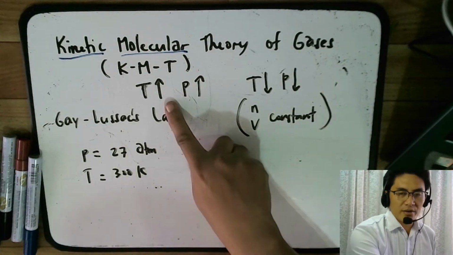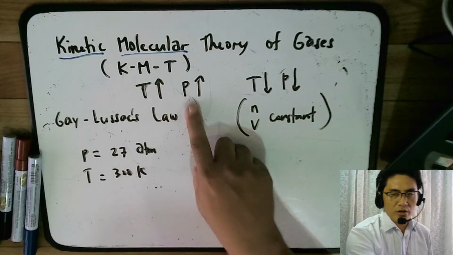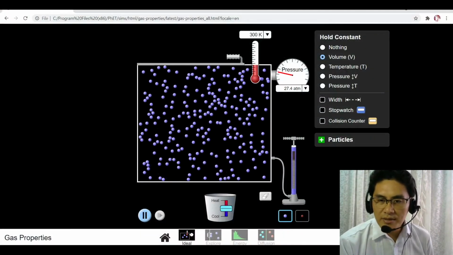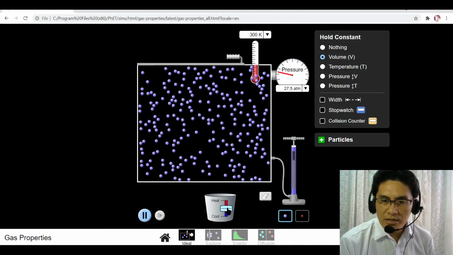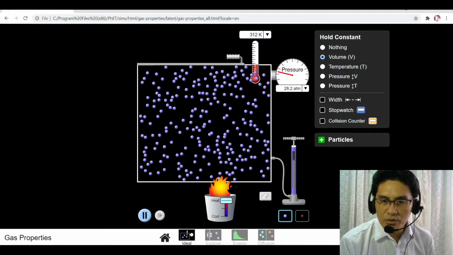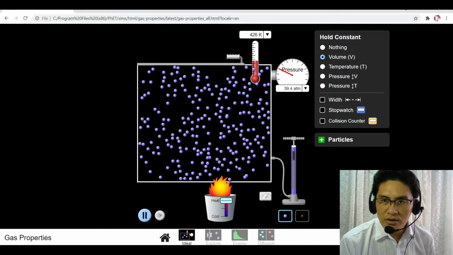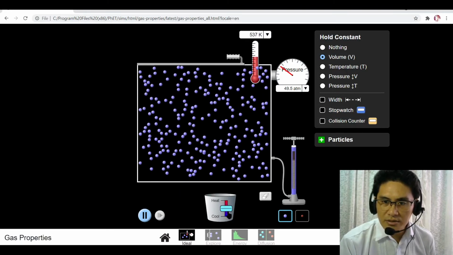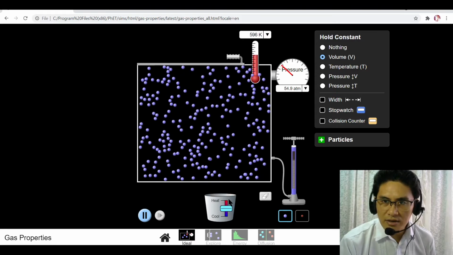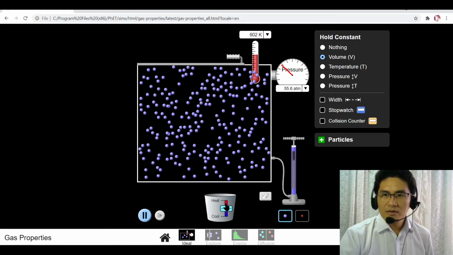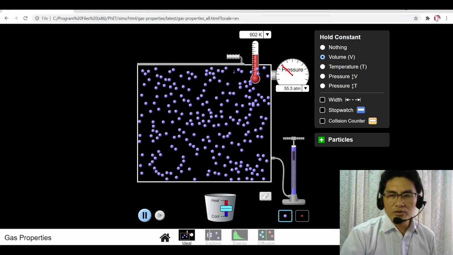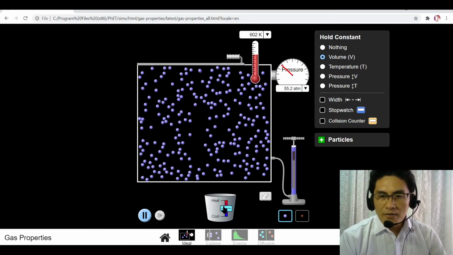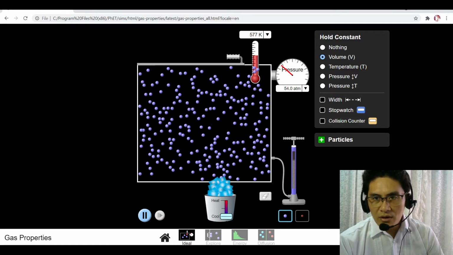If this is true, if we increase the temperature, will the pressure increase? Now I am increasing the temperature here by adding energy to the particles. Now look at the temperature. Let it reach 600. There, 600 Kelvin. And if you notice, the particles are moving faster. If I cool this down to around 300 Kelvin,